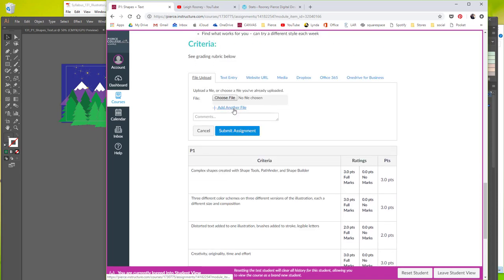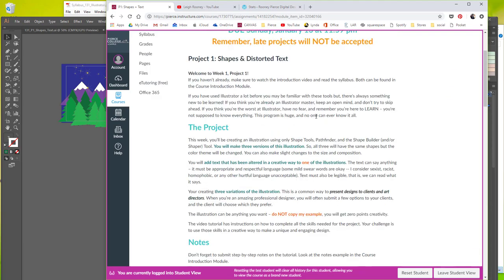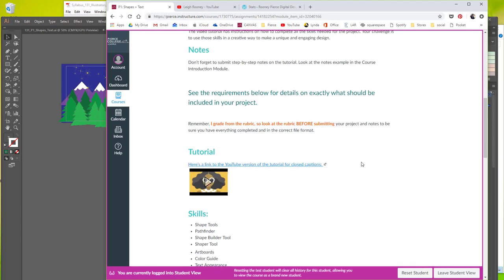And then for your notes, I'm really open to what kind of file you have. So that is how you do that. That's always up here, up on the top. Okay, and then